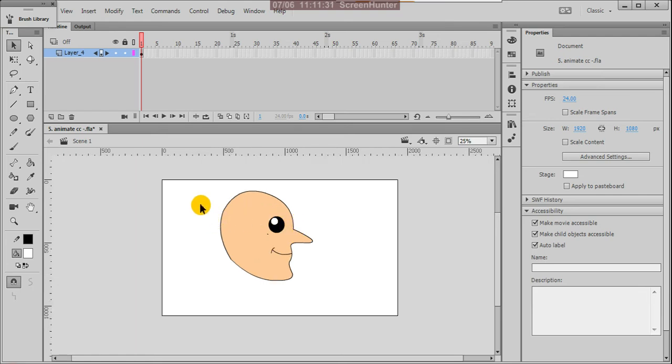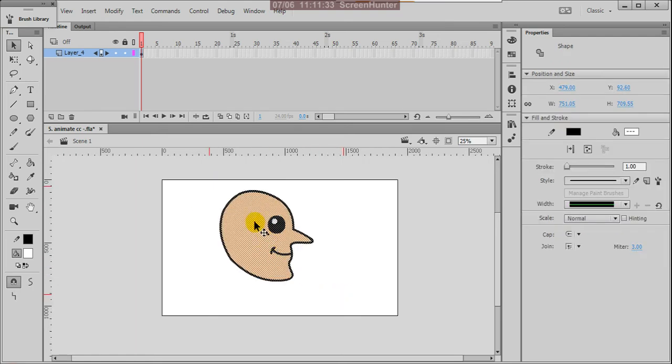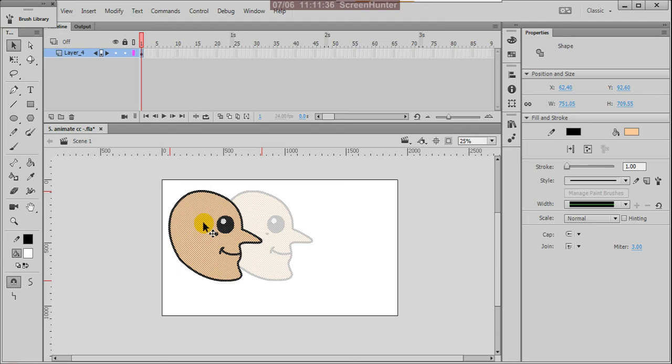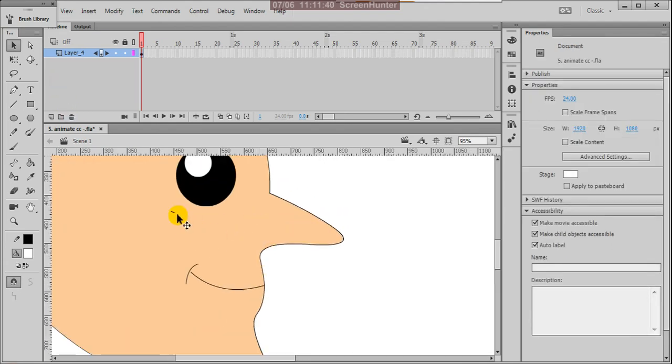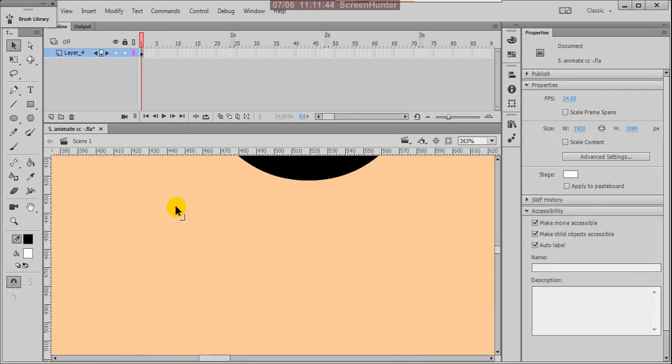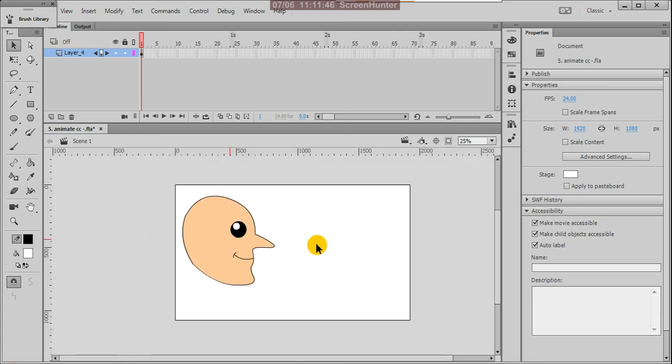Okay, so this is the way to use your selection tool. With the selection tool only you can give the shapes and all.